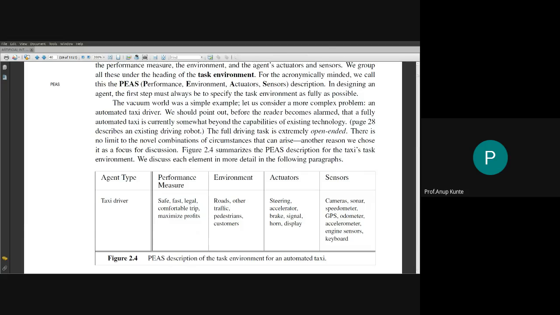Going next, the fourth dimension that we talked about was episodic versus sequential task environment. Then we talked about discrete versus continuous task environment. Then we discussed static versus dynamic task environment. We acknowledged that sometimes there are environments which we may refer to as semi-dynamic, because maybe the environment itself is not dynamic, that is, it's not changing with respect to time, but the agent's actions are going to have different effects on the environment over the passage of time.